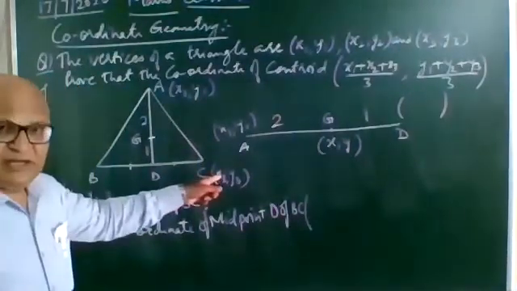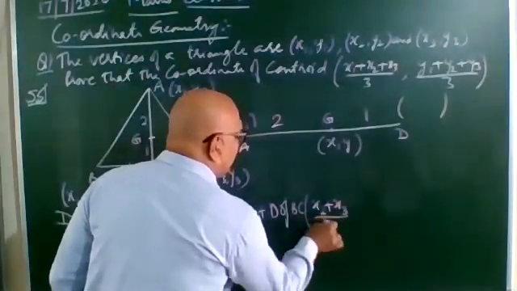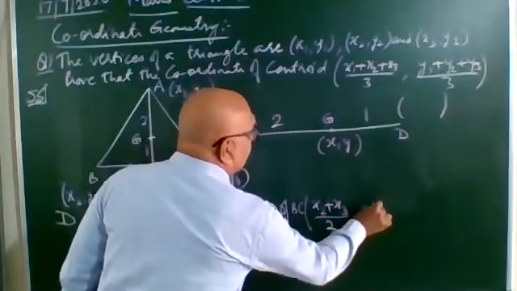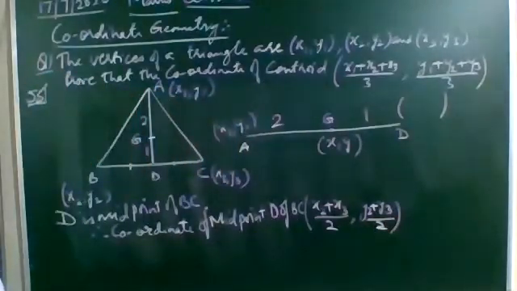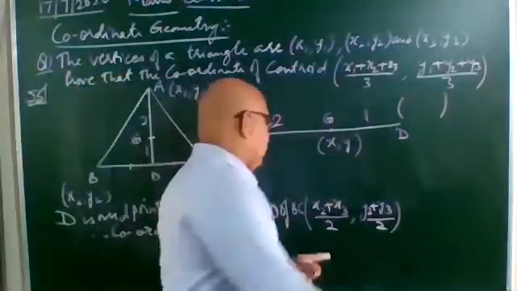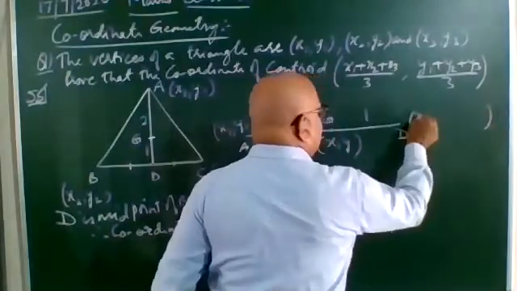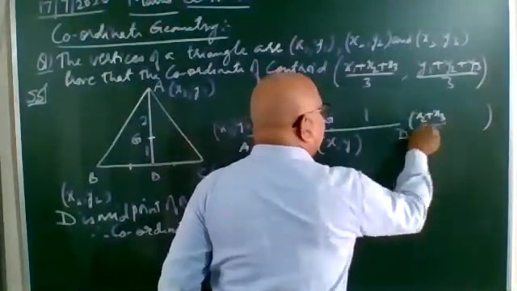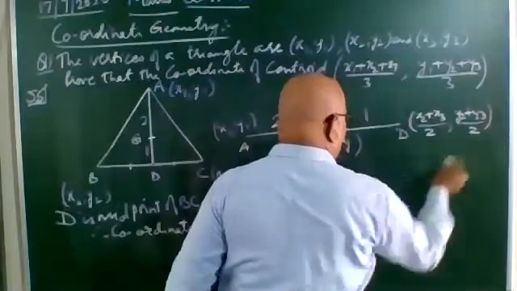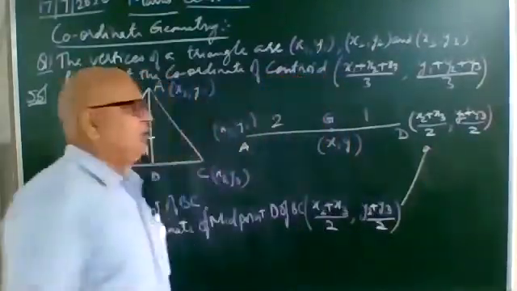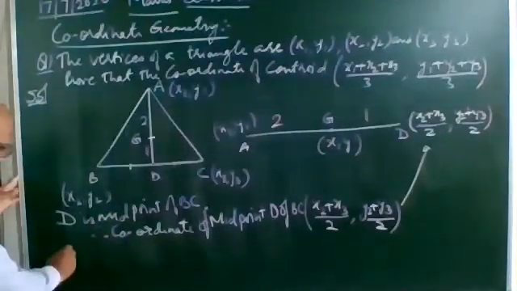X2 plus x3 upon 2, and y2 plus y3 upon 2. After this, you can write the coordinate of D here. How has this D come? You will say x2 plus x3 upon 2 and y2 plus y3 upon 2. That is, you have brought this from here. So after this, now you will write